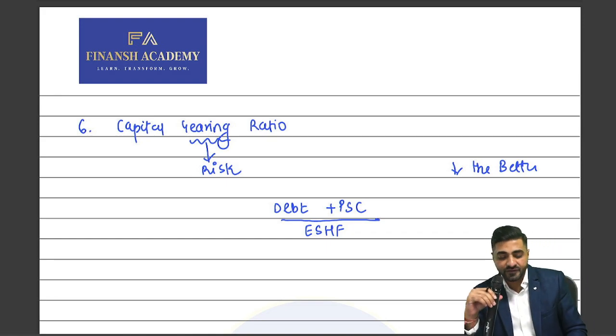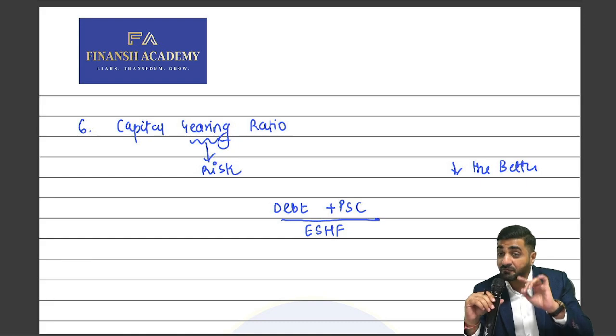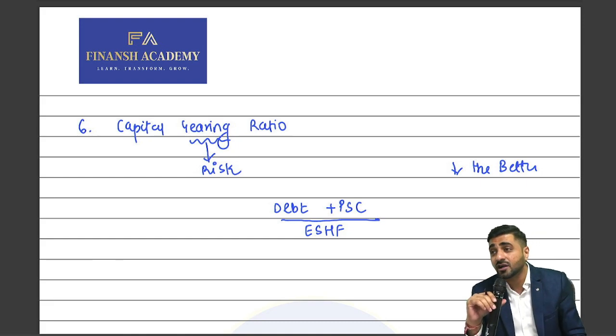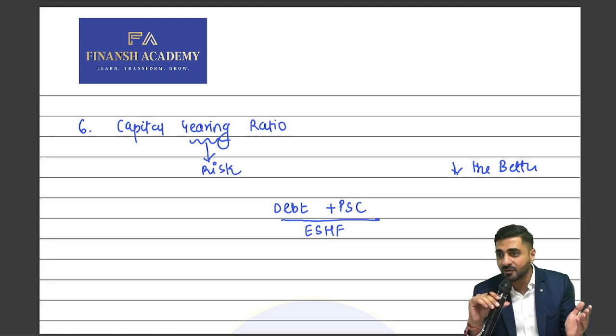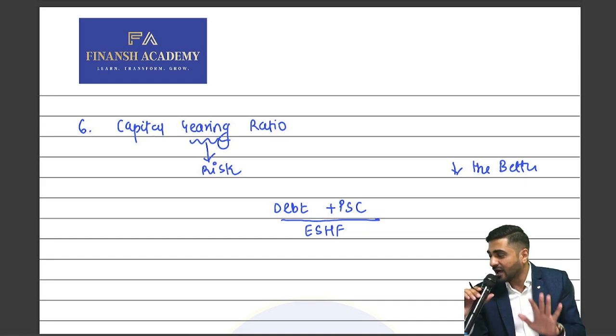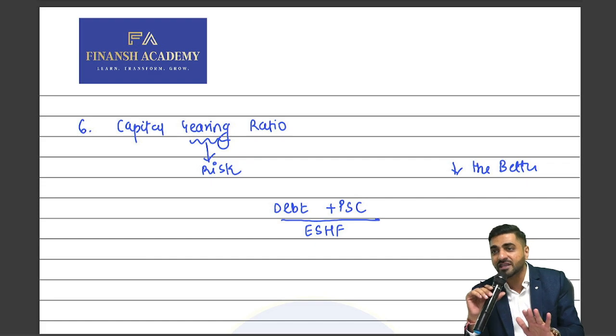Absence of debt in capital gearing. So if I don't have debt, if I don't have preference shares in the capital gearing, so my capital gearing ratio turns out to be the debt equity ratio. Yeah? Because if there are no preference shares, then it is debt upon equity. Correct? So are you all okay with this sixth ratio also? Come on, yes or no? Yes, sir.